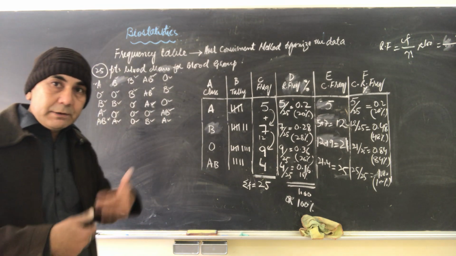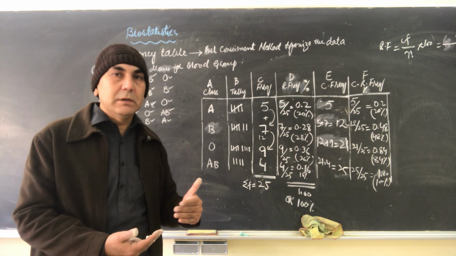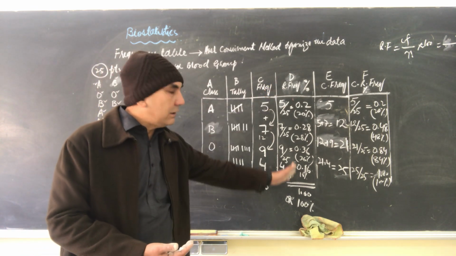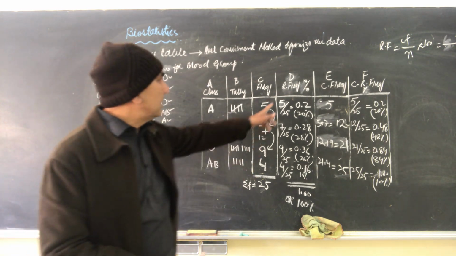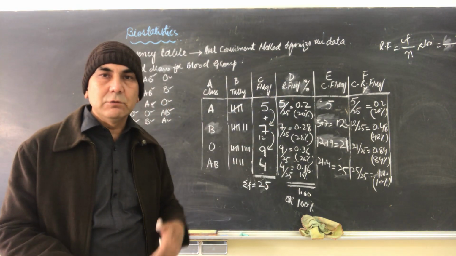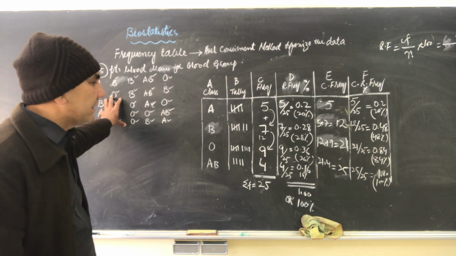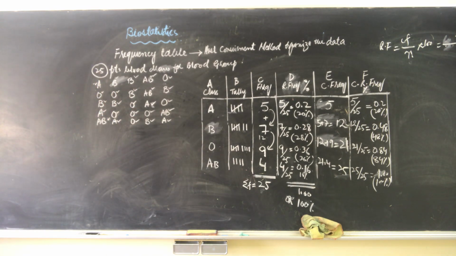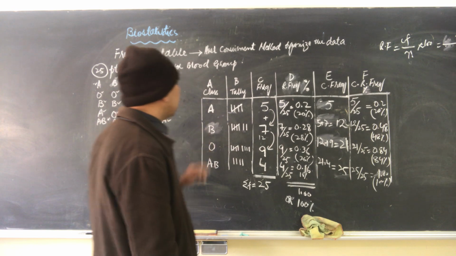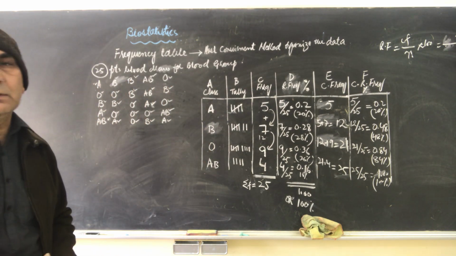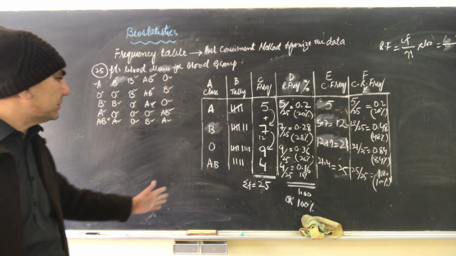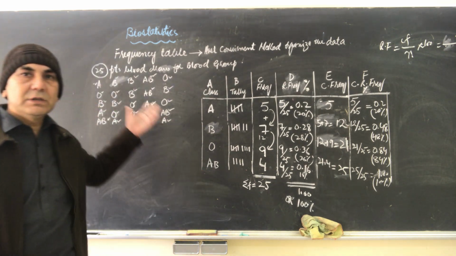So now you can interpret the data with the frequency table and the relative frequency result. We can give a meaningful result for this sample size. We can say the O group is the highest proportion with 36% among these 25 patients. The second is the B group with 28%. The least is the AB group with 16% among these 25 patients.